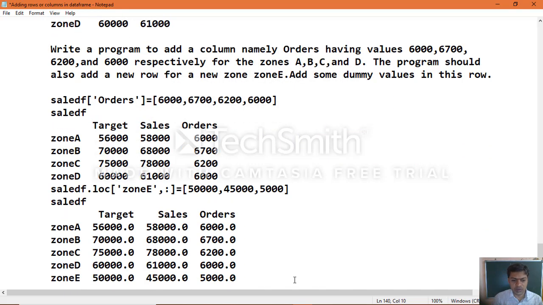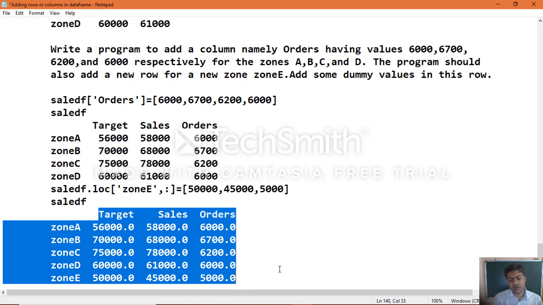Then if you print, you will see the output. Now we know how to add or modify a column, and how to add a row and modify row data, with the help of different syntaxes and attributes like at, loc, assign.